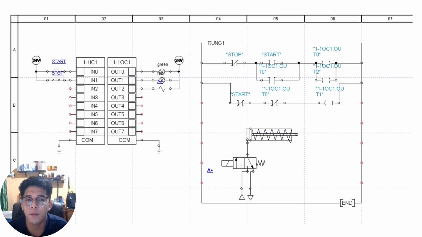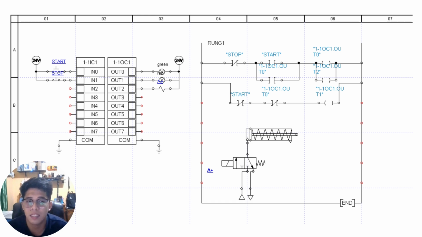So for our diagram, we use a ladder diagram. As you can see, there's a PLC card there and there's an input 0, input 1, and 3 relays connected to the output cards. And each component has a corresponding input and output. And for our circuit, the red indicates that it is not yet energized.